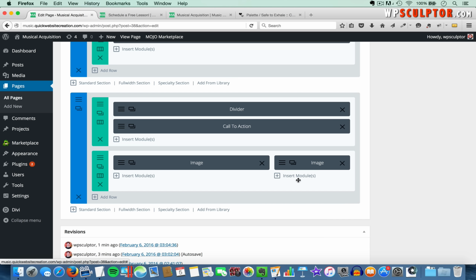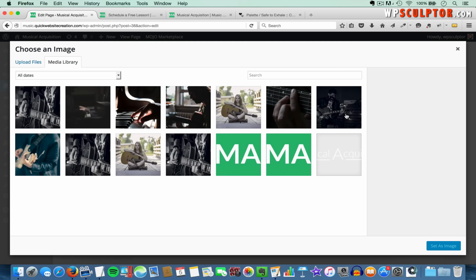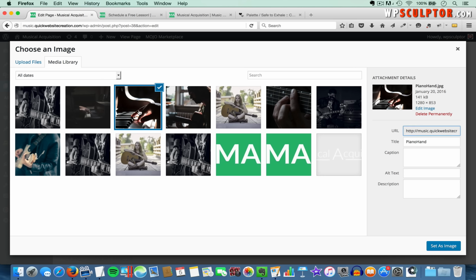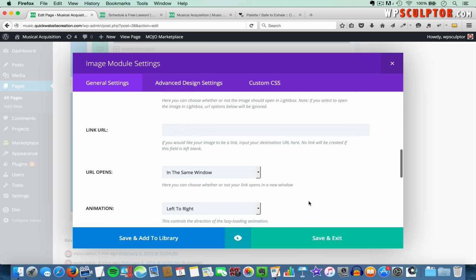And then I'm going to go ahead and add my third image, and again, I want this to be in the same column underneath this image here, so I'll click on Insert Modules again, click on the Image module, Upload an Image, and I'm going to find the piano image here. I'll click on that, click on Set as Image, and actually I need to come down and turn off animation,